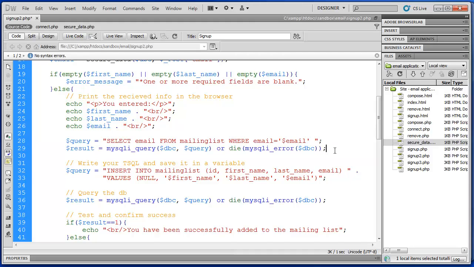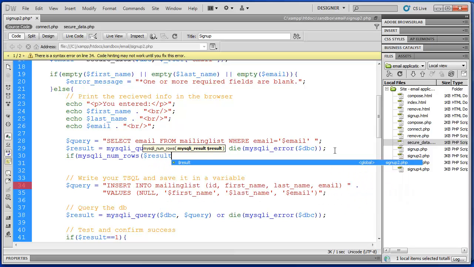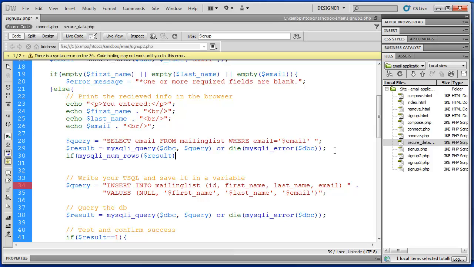Now, what we're going to use here is another if statement to evaluate that result and determine whether or not that email address exists. So we'll say if, and we're going to use another built-in function called mysql_num_rows, and we'll pass our result there. Okay, so if the number of rows returned from that is greater than 0,